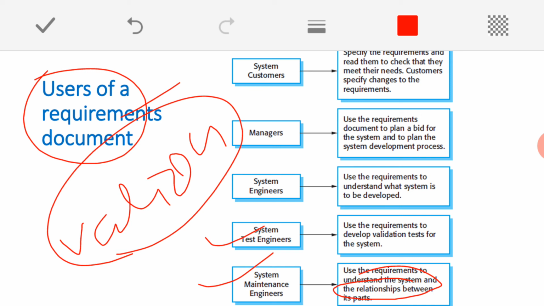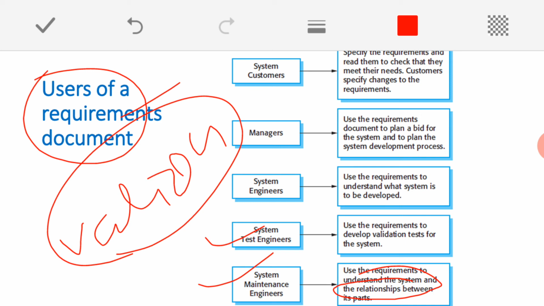Most of the time, software will be developed by somebody else and maintained by somebody else. But whenever a maintenance engineer is supposed to make some corrections, modifications, servicing, or any kind of problem solving with that particular software, he should also know how exactly the system was developed. What are the actual original requirements?